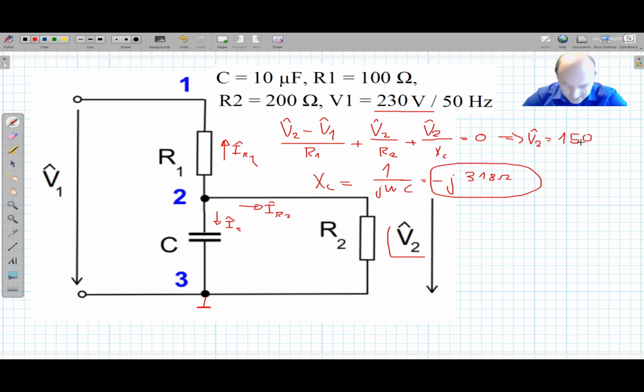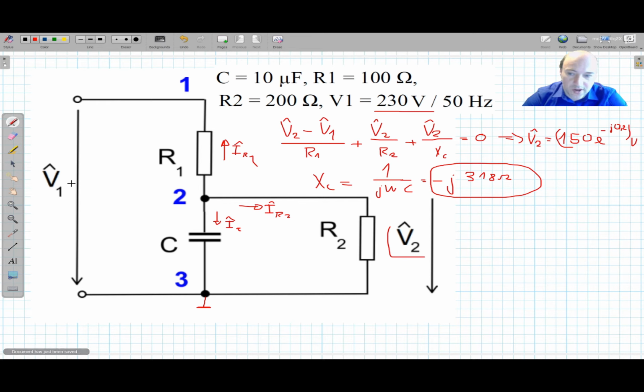This will be my magnitude, and the phase angle is minus j times 0.2, and this is all in volts. So my voltage will have the RMS value of 150 volts, and the phase shift of V2 will be 0.2